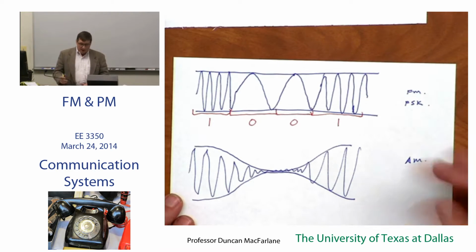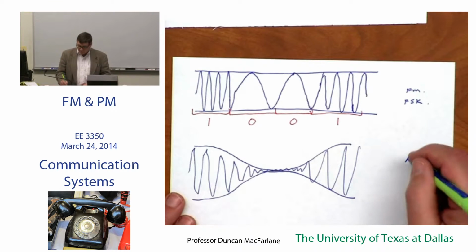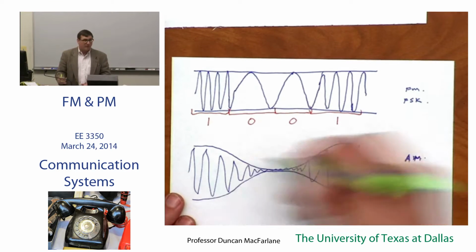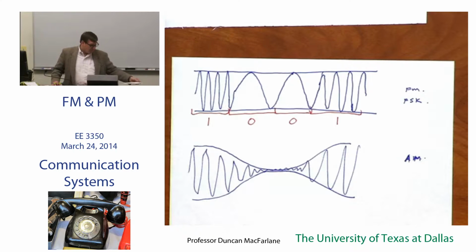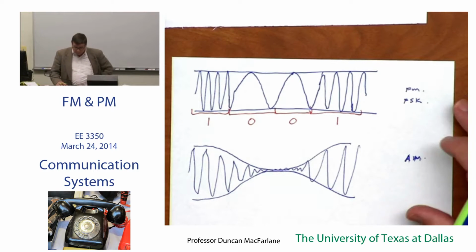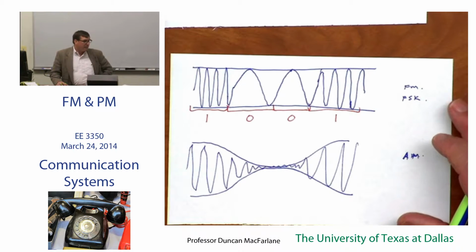And so the average power of my AM waveform, or my instantaneous power of my AM waveform, is changing all over the map. One of the things that we'll do in a little bit, not today, we'll look at